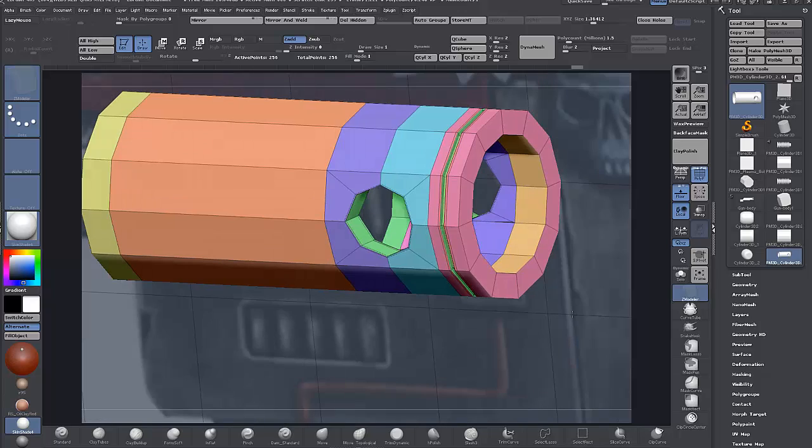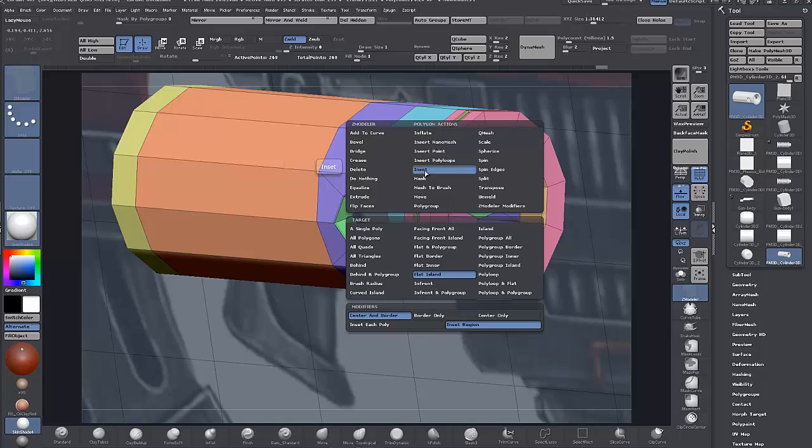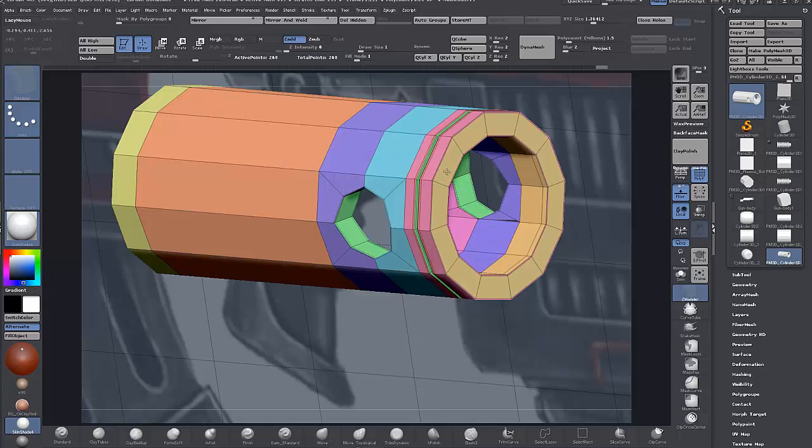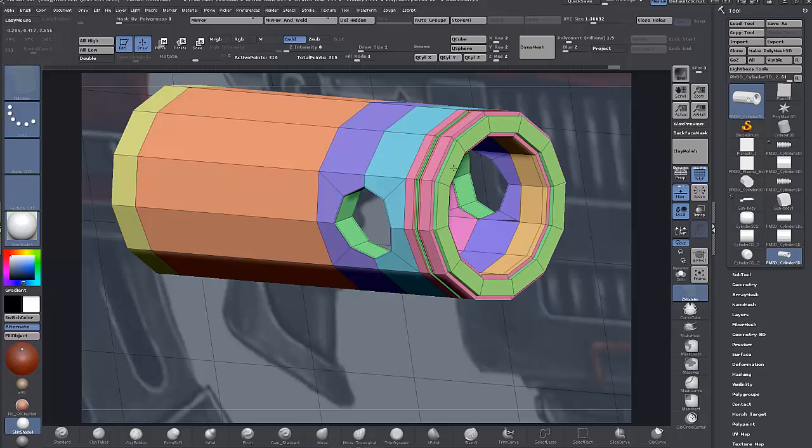Now we'll just sort out the end of the gun here and see what we want to do with this. We'll add one in there, and maybe, yeah, I think we might just inset that as a flat island or polygroup island, because I want to just bring it out just to give us an extra little bit of detail. So I'll just bring it out once and twice,